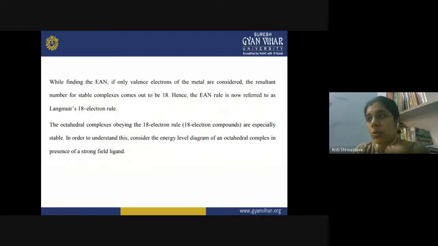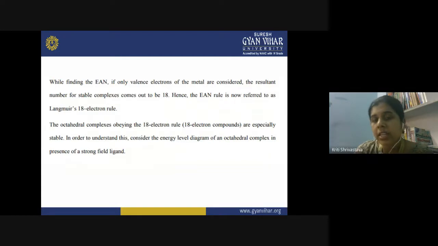It says, why count those electrons which are not taking part in bond formation? So it makes it easy: the 18 electron rule says that you should not take the atomic number of the metal atom into consideration. Just count the number of valence electrons. How many electrons are present in the valence shell? When you calculate only the valence electrons of the metal atom, it should equal 18. So in place of taking all the electrons into consideration, now the restriction will be on the valence electrons only. So now the EAN rule becomes the 18 electron rule.